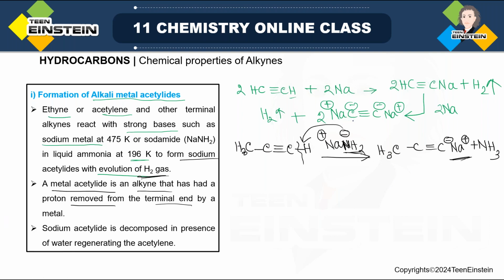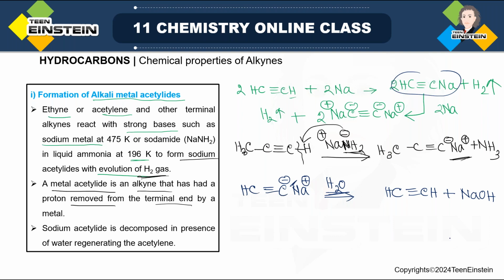So suppose I am taking this one, HC triple bond C Na. If you are treating it with water, what will happen? Now this C negative will capture a proton from water because this is basic in nature. After capturing, there will again be formation of the original product. And as it has taken H from water, the OH part of water is there, which will combine with Na and form NaOH, right? So in this way, we can decompose this type of terminal